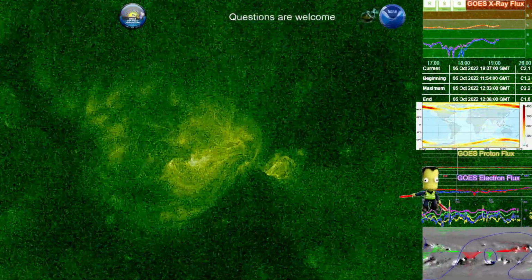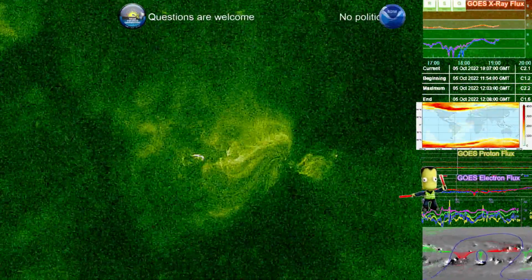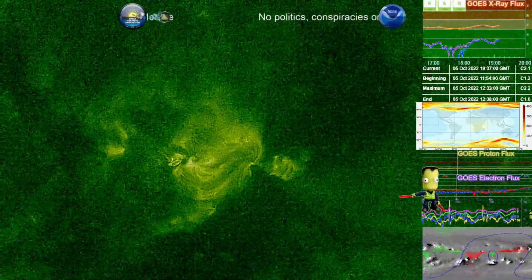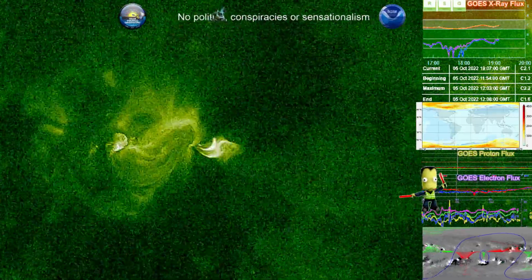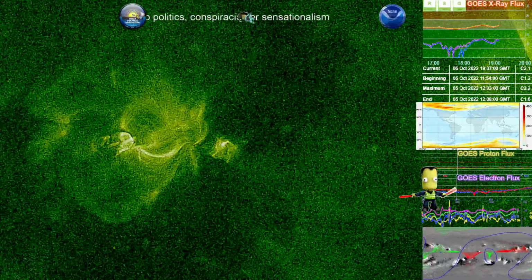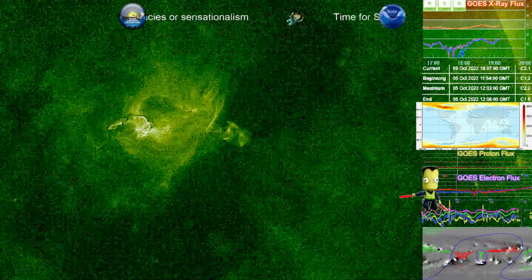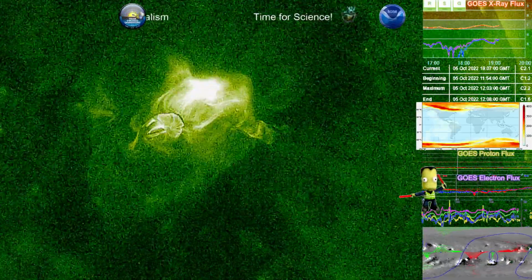Alright, today is a beautiful day for science. Currently looking at region 3110, which has had a large amount of activity due to its arrangement of loops covering a gap area of two coronal holes, which technically is one being divided by the leading umbra